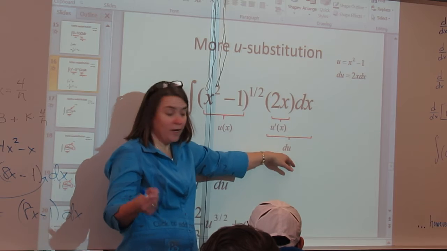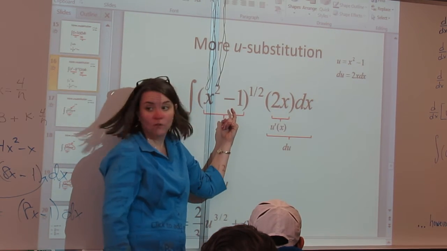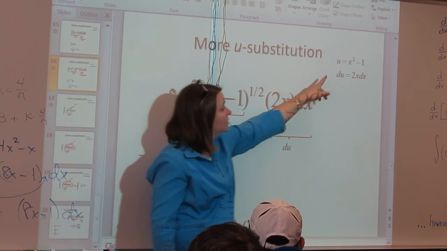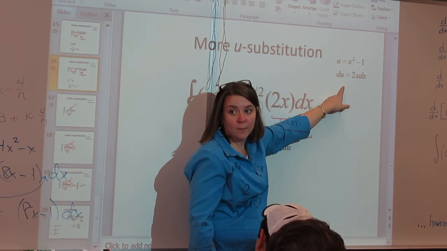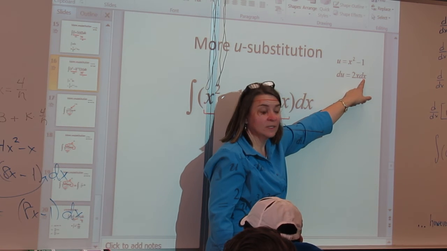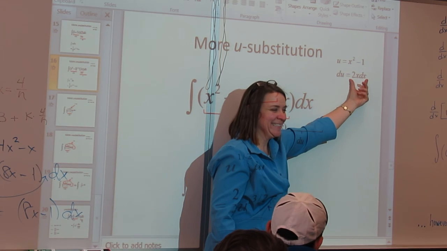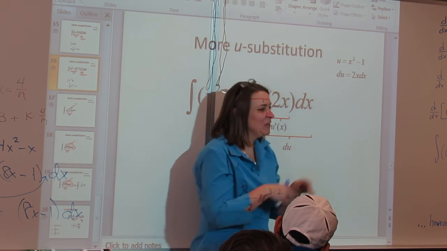What's the scratch work I expect? It's up here. When you look at it and you find the inner function, write it down as u. Differentiate both sides. Don't forget your differential. And anywhere there's a 2x dx, we can wrap it up into